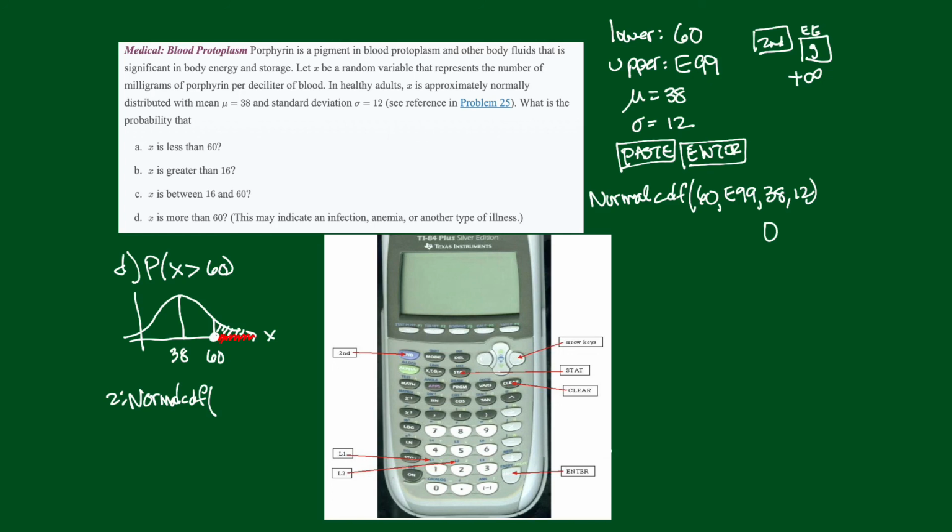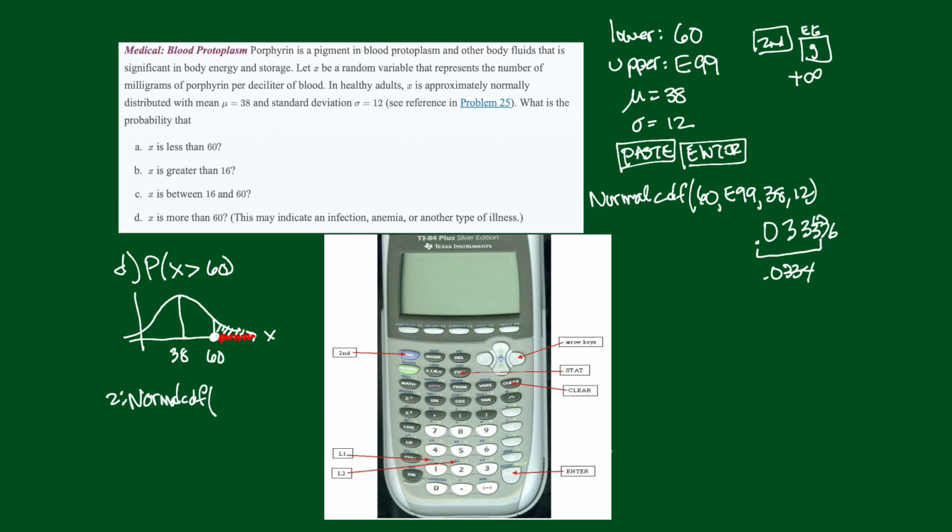Oh, I got a 0. Well, I didn't just get 0. Let me look at the whole thing. I got 0.033376. So if I round off to 4 digits, that's a 7 bigger than 5. I'm going to round up to